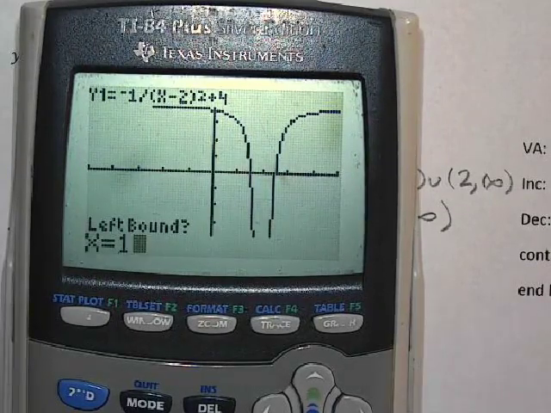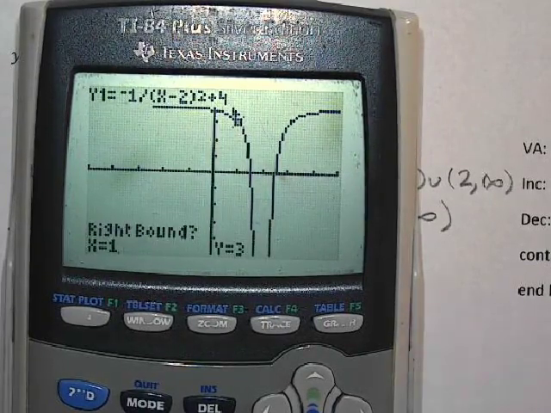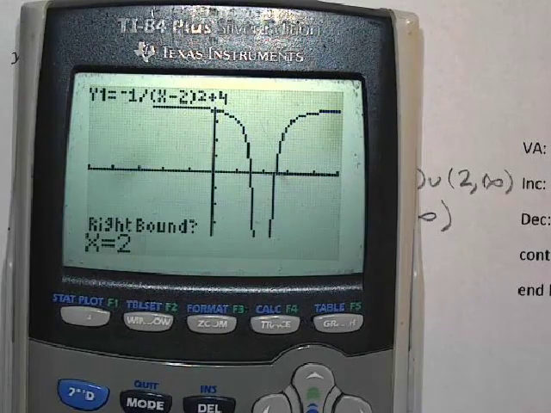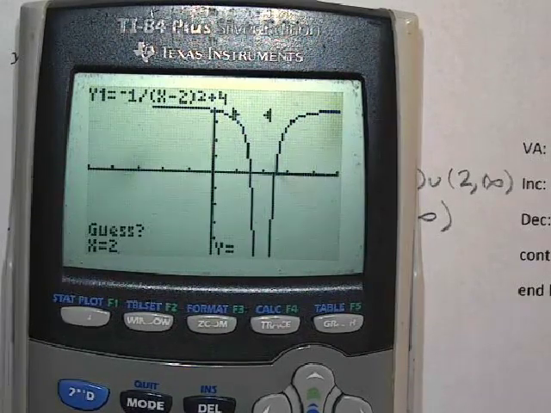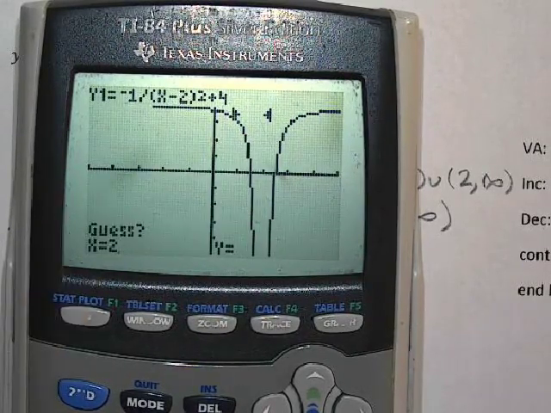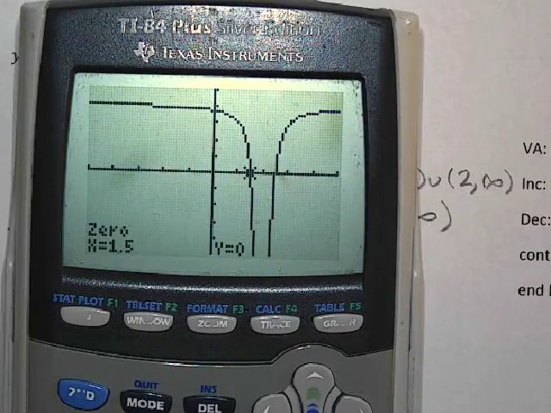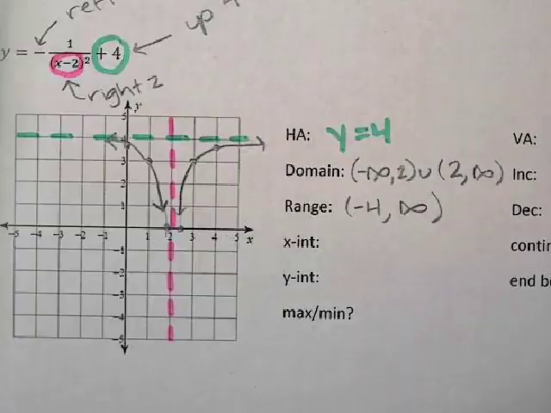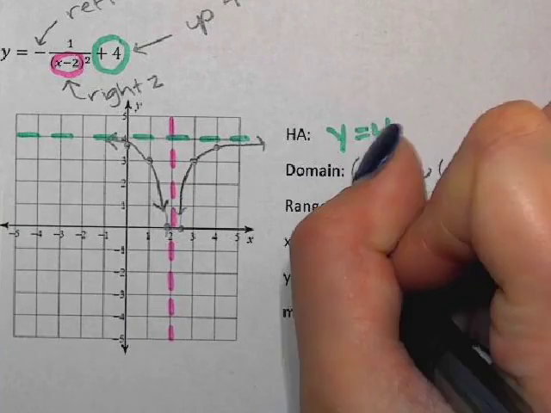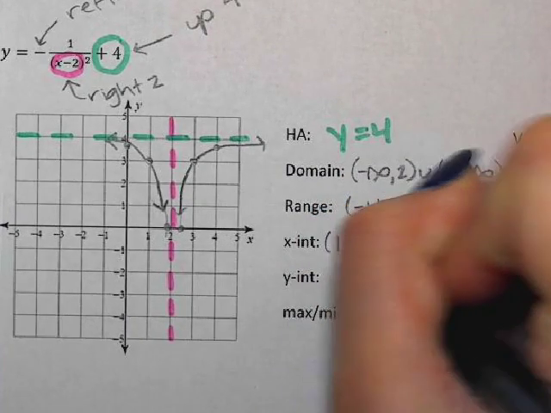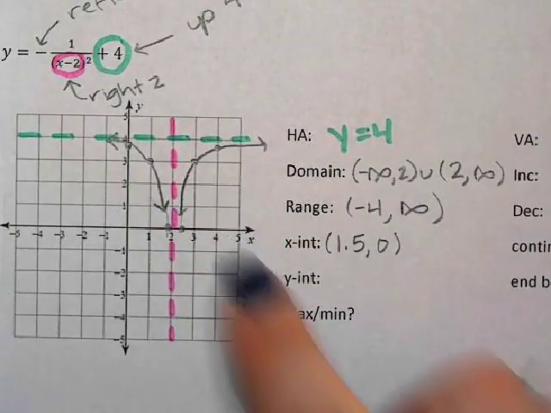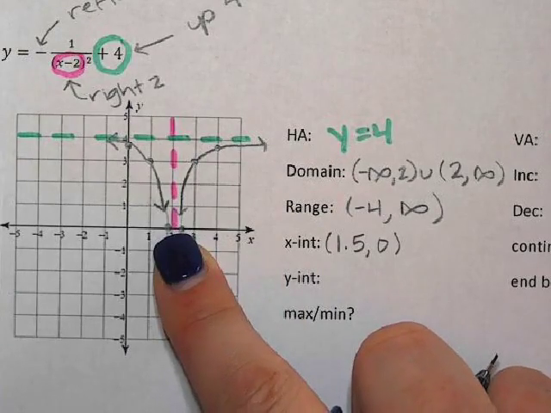And then press enter. And then for right bound, instead of scrolling, I'm going to press 2. And press enter. And we always ignore the guess because it's always stupid. Press enter one more time. 1.5. So you can do that instead of scrolling back and forth. If you can tell what numbers it's between, you can just type those numbers in and it will go directly